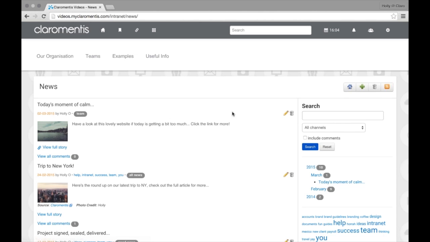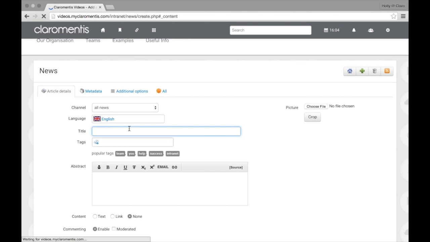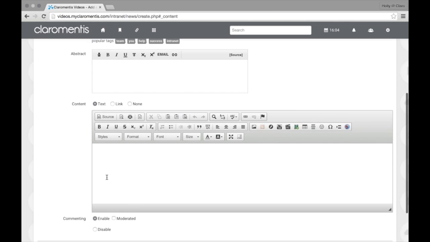If we go to the news application, we come over here to publish a news article. Let's fill out our information here. Let's say successful drop-in session, hopefully. Oh, spelling mistake, that's never a good start. Then underneath that, we've got our abstract area, which we can drop a little piece of text in, but we've also got a content area. If we select this text radio button here, it will show us our rich format editor,